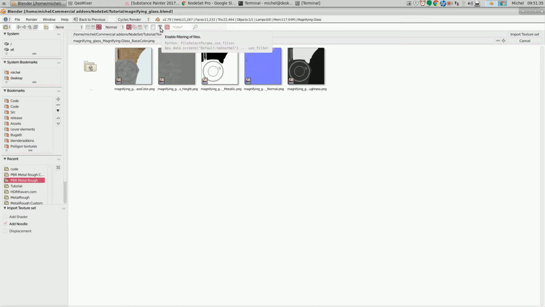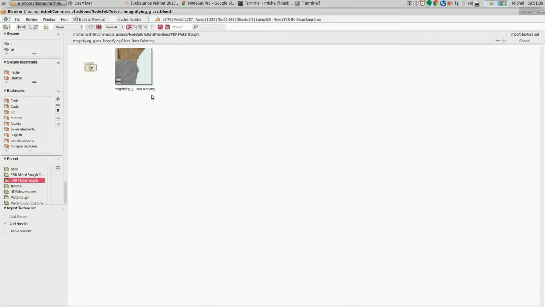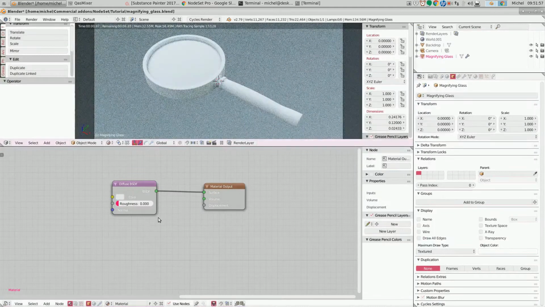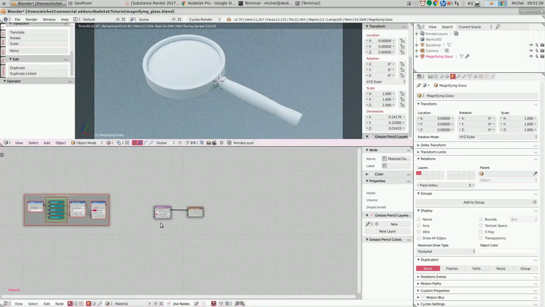But to reduce clutter, especially if you have a lot of textures in the same directory, by default filtering is on, and we filter on the occurrence of the keyword color in the name of the file. But if we do select this one single base color file, all the others in the set will be included as well. So if we double click this, you will see that if we zoom out,